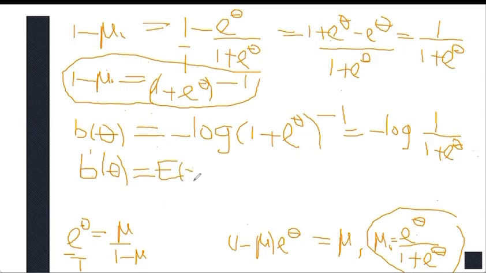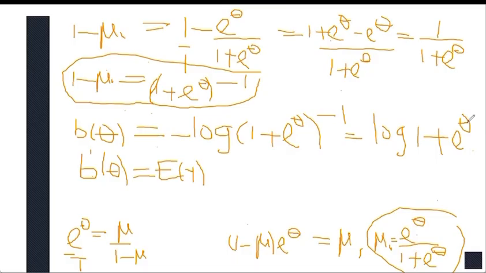Before the differentiation, I should be able to rewrite this: when you see a negative here and a log here, the negative can multiply the 1 so that we have just log of 1 plus e raised to power